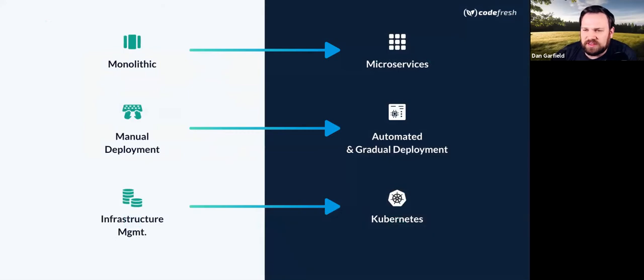So over the last few years, obviously, there's been a transition. We've moved from monolithic architectures to microservice architectures. This allows us to scale our development processes, scale our services independent of one another. Been a really fantastic change. And that means that to support that, we need to get rid of those manual deployments and do more automated deployments, more gradual deployments, things like canary releases, things like using feature flags. And instead of managing lots of bare metal servers, we can take advantage of Kubernetes, and we can essentially declare what we want as code and rock and roll with it, and we're good to go.